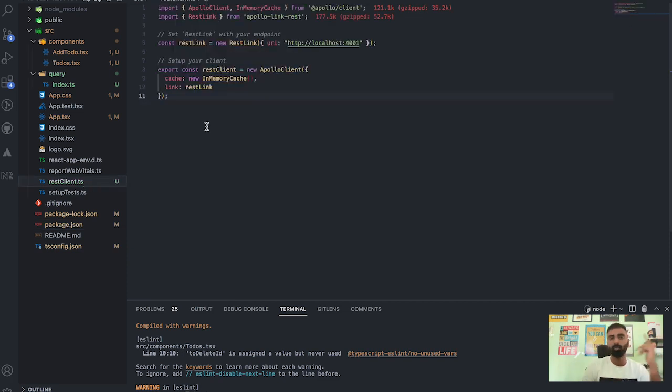So how to create a REST client? You just need to import the Apollo Client package, along with InMemoryCache. I'll come to this later. So you just need to import ApolloClient from this, and RestLink from this Apollo Link REST package. Then you just need to create a new RestLink. So const restLink equals new RestLink, and you just need to provide the URL